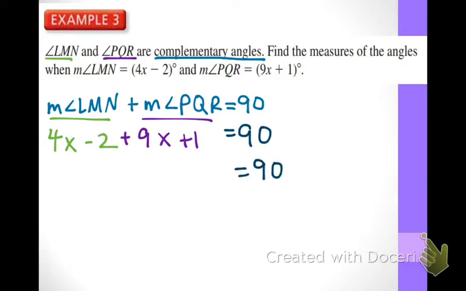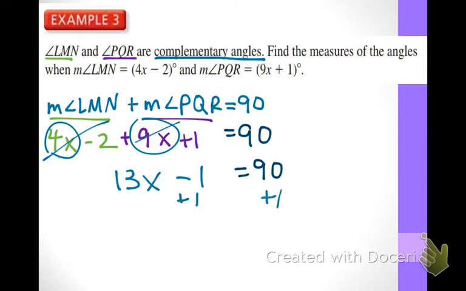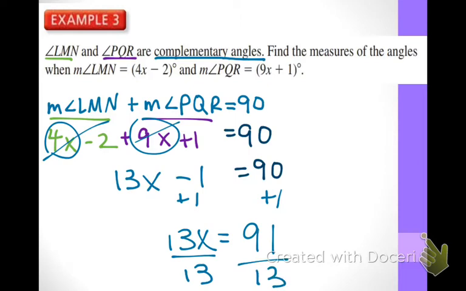Alright, so we combine like terms. 4x and 9x make 13x. Minus 2 plus 1 is negative 1. What do I do next? Add 1. So 13x equals 91. Divide by 13. And x equals